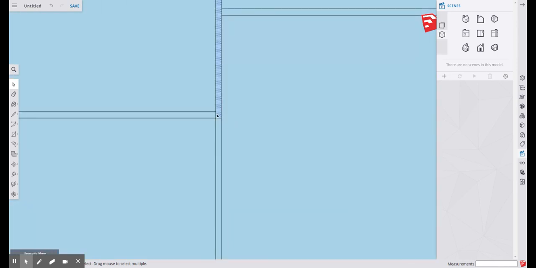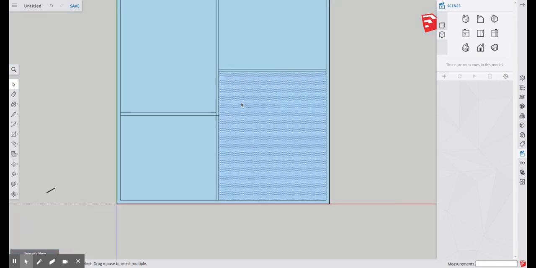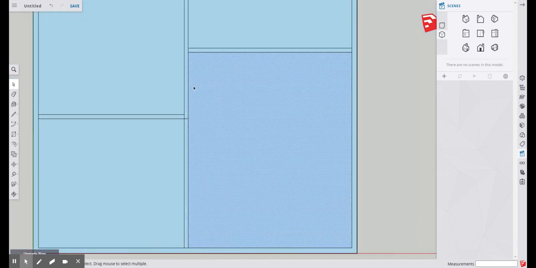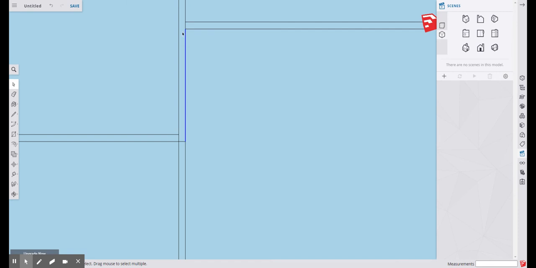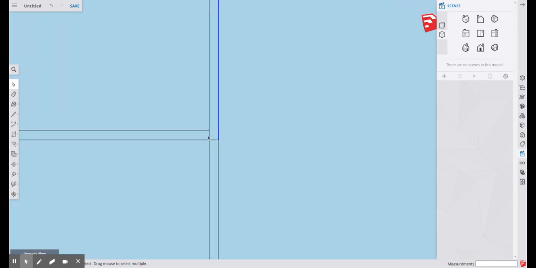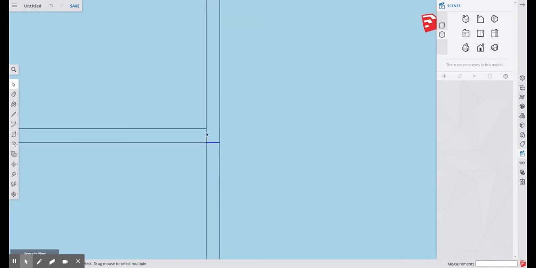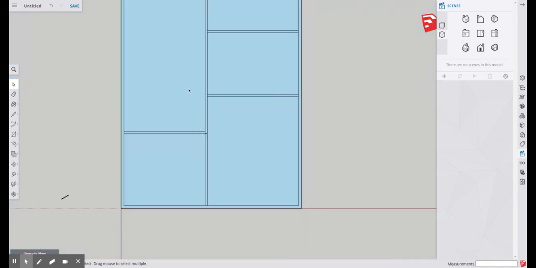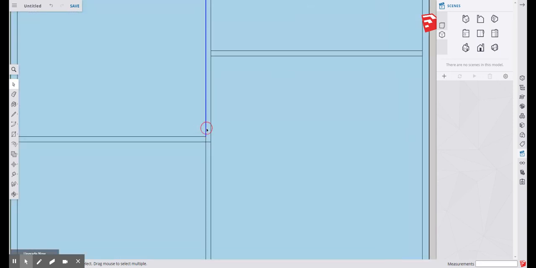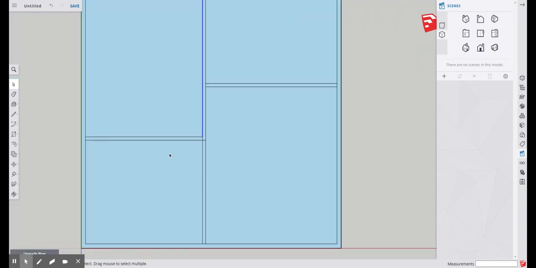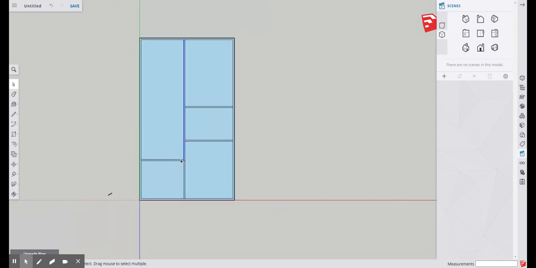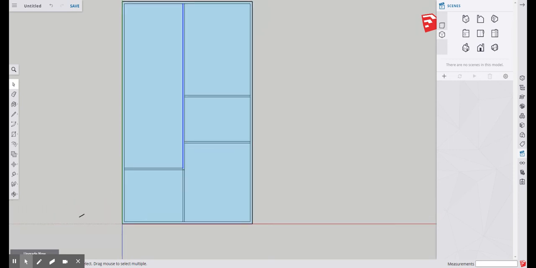Oops. And you know it's a surface when it has these little dots, and you know you're clicking a line when it's just highlighted solid blue on a line. And then look at how small this little line is and this little line is. So this is why we're going to delete these. But I just wanted to show you all the difference between a surface and a line. This really is important when we start getting to 3D. You want to have as little